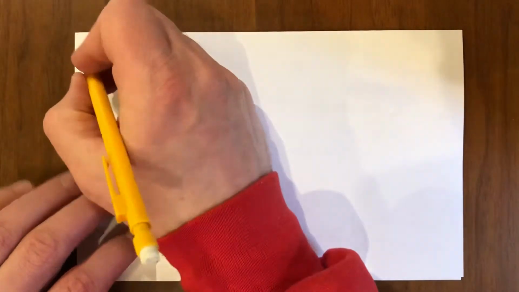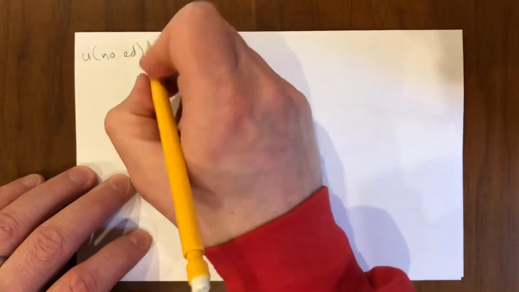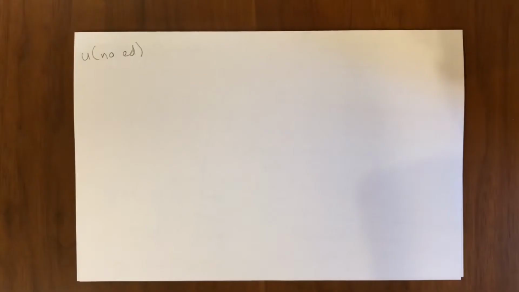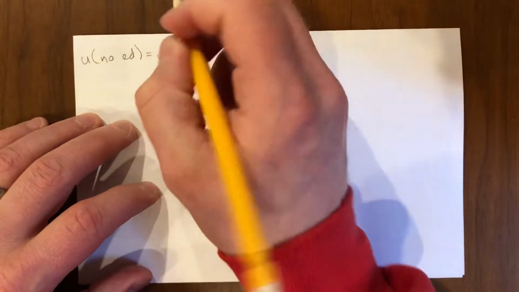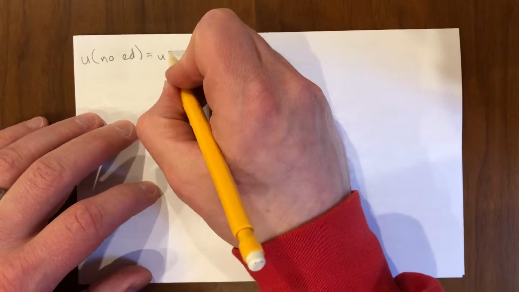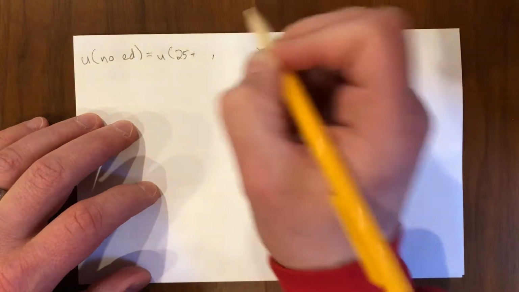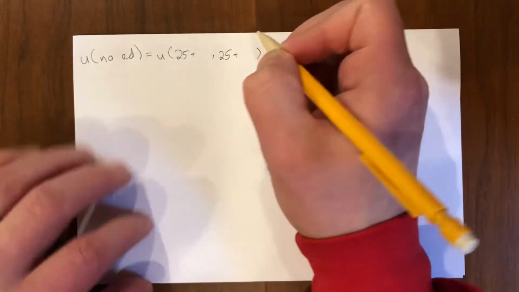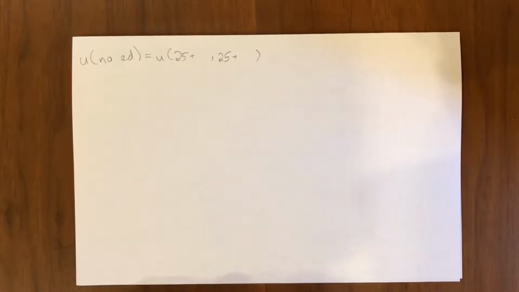Okay, so if we have someone who gets education, I guess let's start off with no education. So in order to think about the utility for no education, well, what we want to think about is, remember, we're looking for the amount of consumption that the person has in each period, right? So we want 25 plus something and 25 plus something because this person is going to have the ability to supplement their wages with